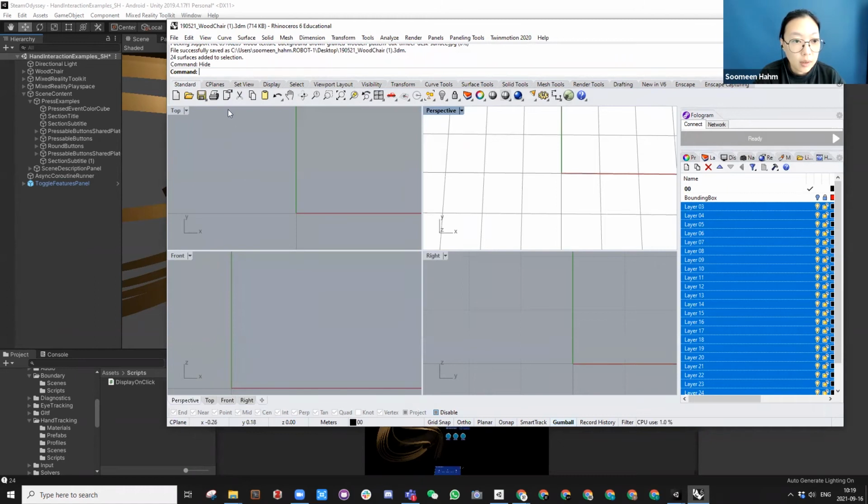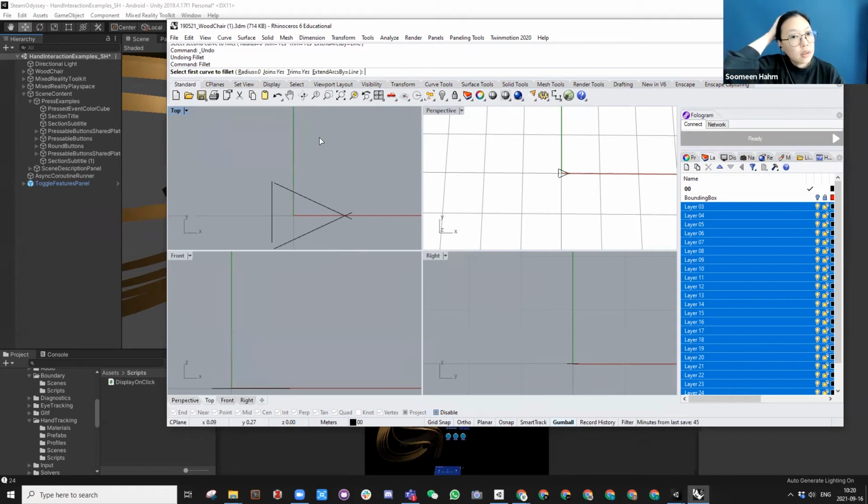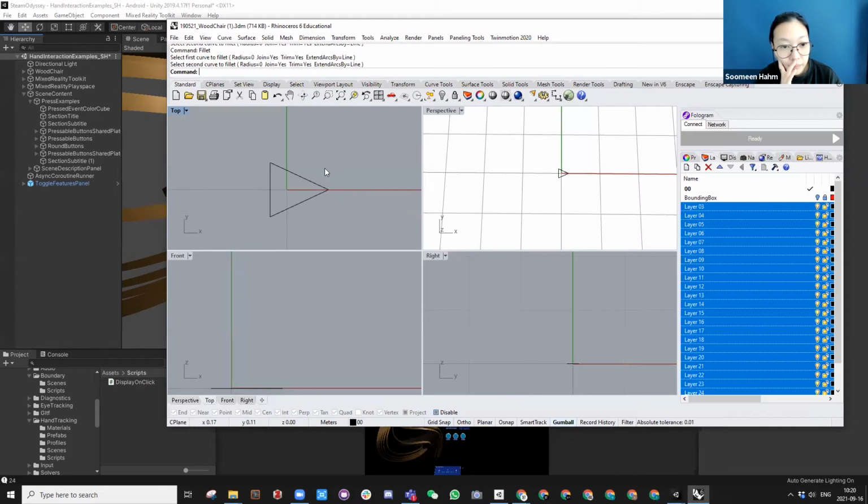Okay, I'm going to make a small triangle. Fillet, simple fillet. What's wrong? Okay, I don't know what's wrong. Fillet, trim, yes, join, yes. And by line. Why is this coming together? I don't understand. Anyways,